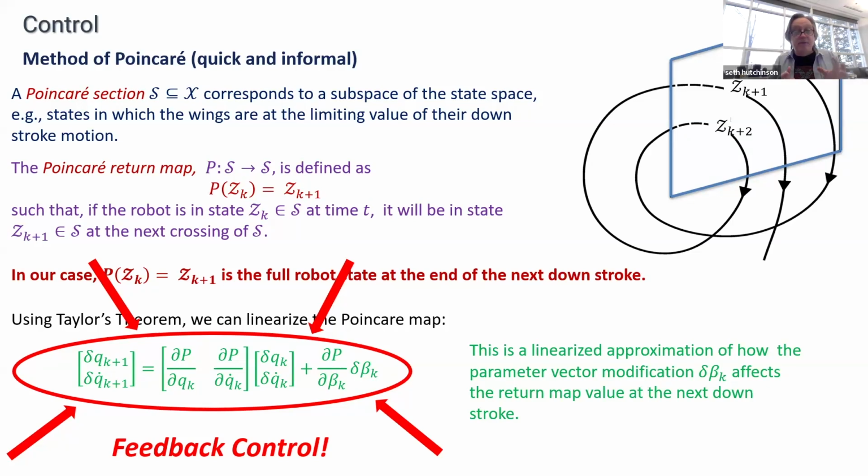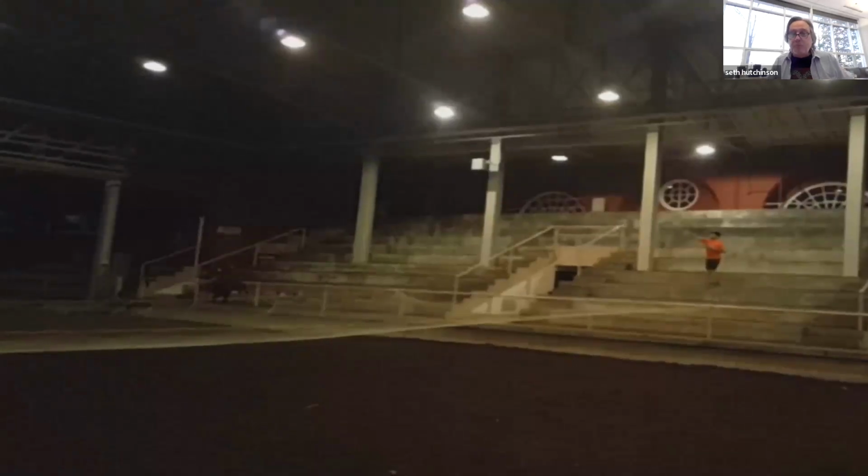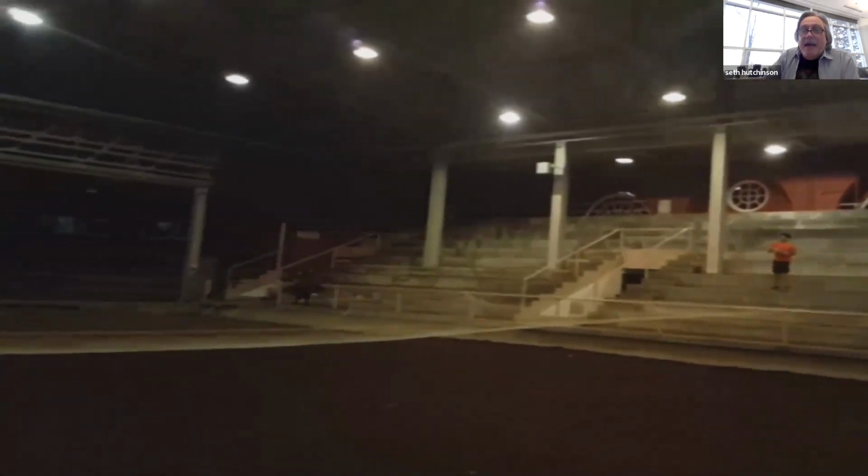And the only reason I'm showing you this equation is because if you've had a first control theory class, you recognize it as being the linearized dynamics of a dynamical system, right? These are not strange equations to a control theorist. We know how to solve it. It's a linear system. And in fact, that's what we did. Right? We used an LQR approach to design an optimal controller about the linearized ideal trajectory.